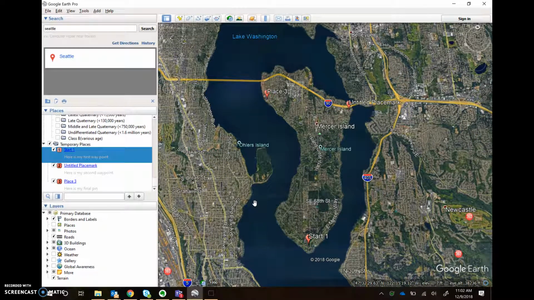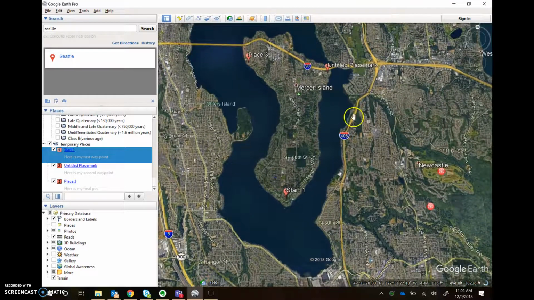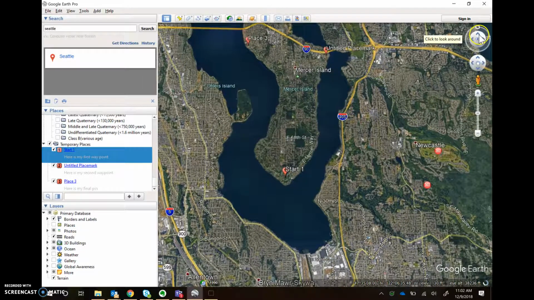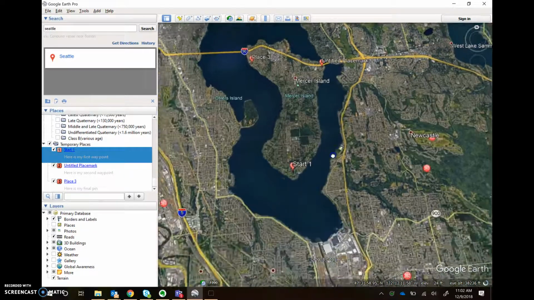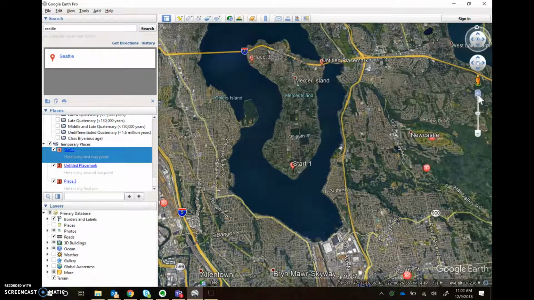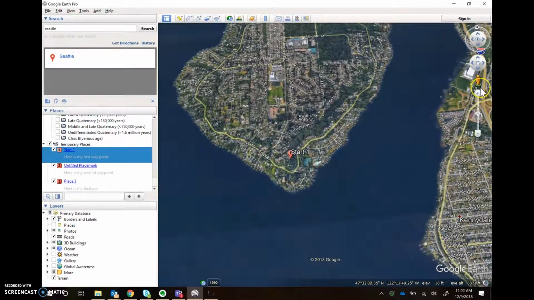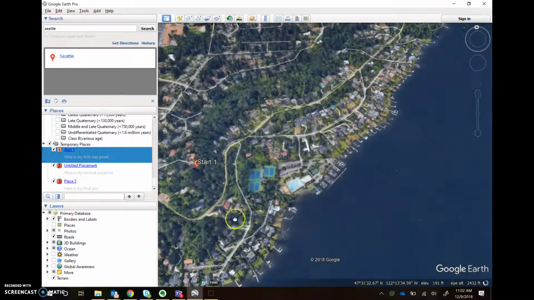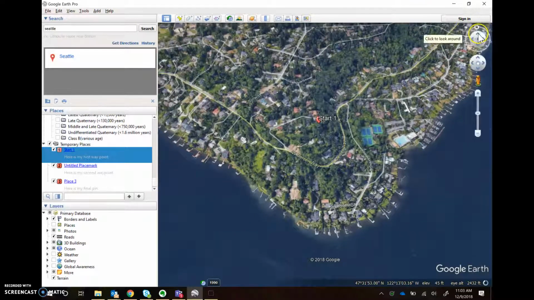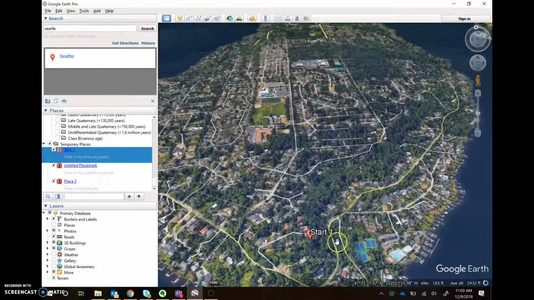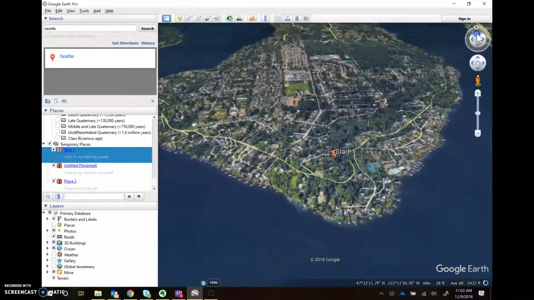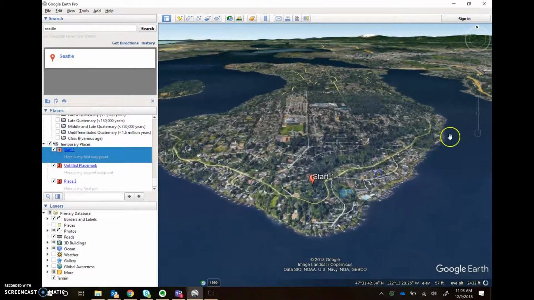Something that I wanted to show you, which is a really useful feature that I recommend, is that for each of these pins, you really want to be showing the feature there. And at this zoom level, you're really not showing too much. So what you want to do is zoom in and adjust your angle of view for each mark. So I'll zoom in here to my first pin and change the angle a bit so you can see the landscape better. My pins are a little boring here, but you might have some more interesting geologic features to display. I got a little better viewing angle here